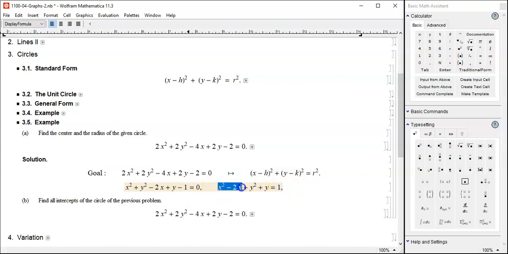And then x squared minus 2x, that's one part. And y squared plus y, that's another part. And then this is a little bit different. This is this. Okay, all right. How do we work it out? Let's complete the square. x squared minus 2x plus something, plus y squared plus y plus something, equals 1 plus